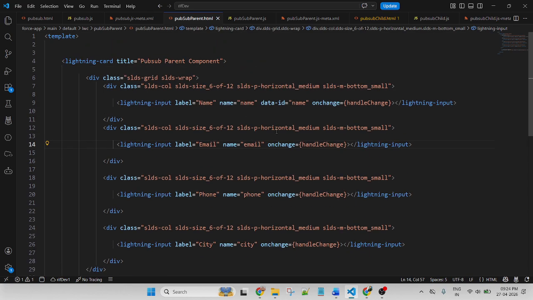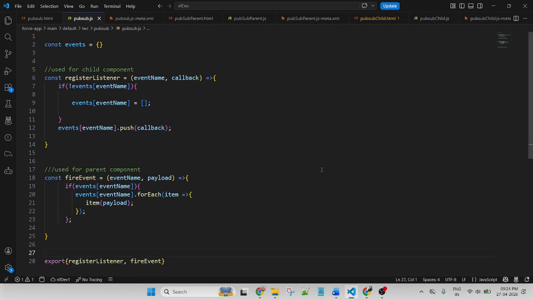So in the parent component, just a query like pubsub.js, what we are checking in the seventh line. Yes sir. Here I am using not. Event dot events coming from this one, and event name coming from this one. You can see this event name and this event name, the callback. That means each and every input field is checked and it will go for the next one.